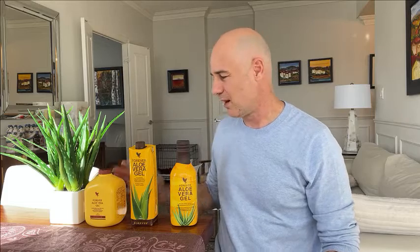And aloe vera gel is pretty much a drinking juice, a drink that many people drink for their stomach related issues and problems. I don't believe that there's anything in the world that is more natural, that is better than drinking pure aloe vera gel for any stomach related issues, problems and issues. Now, I'm not a doctor and I'm not making any claims, but based on my experience being with the company for 15 years, I have seen so many people get help and feeling better and also looking better while drinking